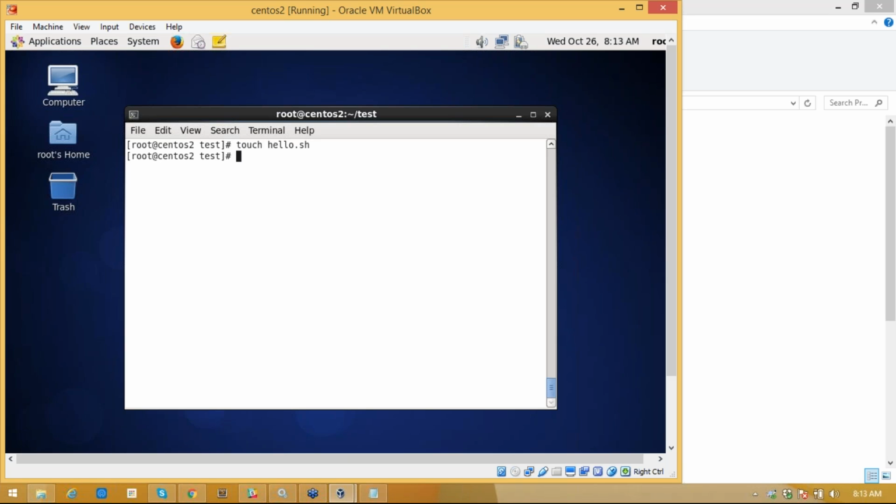So what I do, I'll edit that particular hello.sh, and I say one thing here. I'll explain why I am writing all these things. I write hash, exclamation mark, then bin slash bash. I'm using a bash shell here.